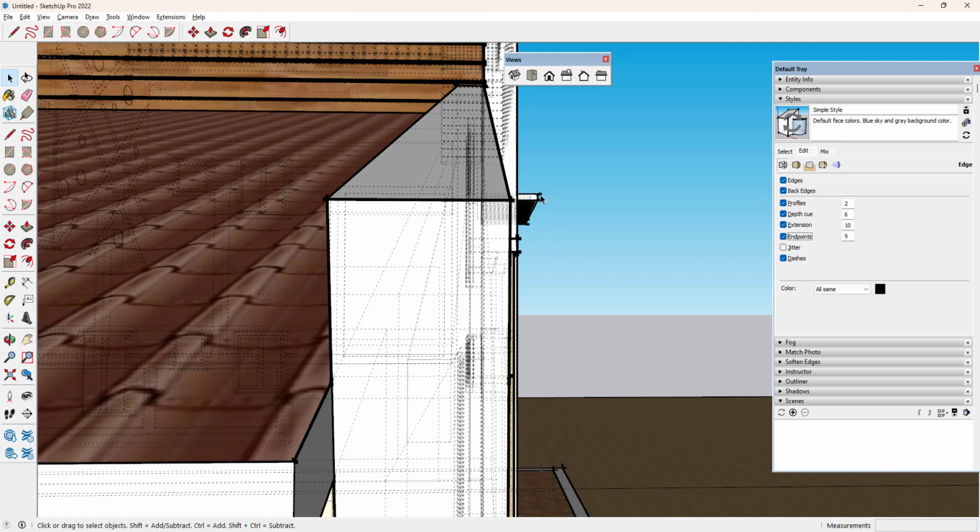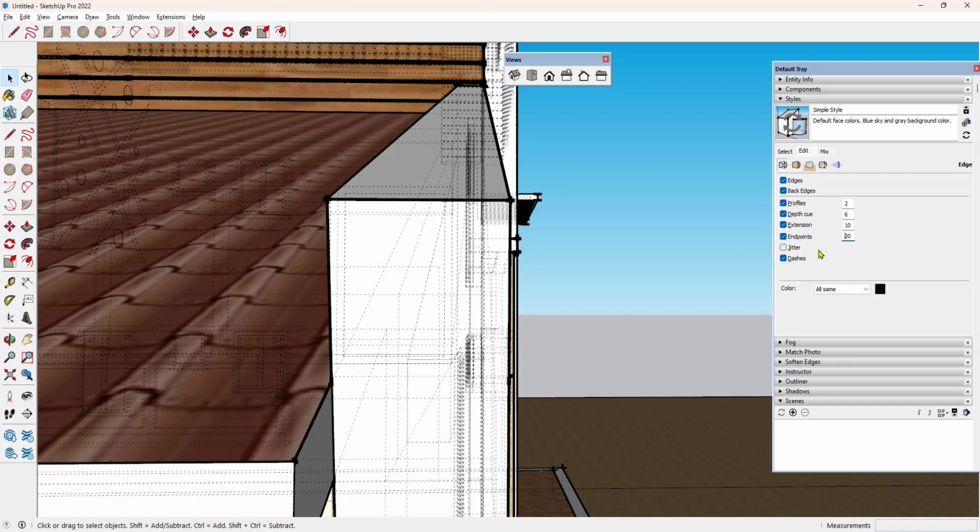End point means you can end each finishing with the end point, you can increase the amount of that, like this way.